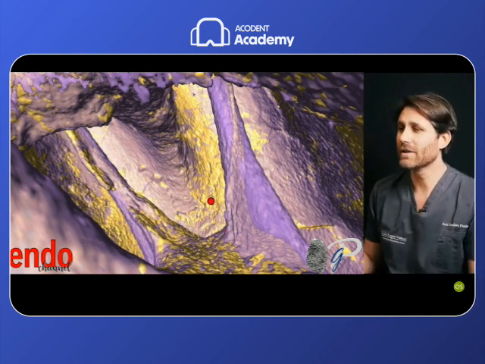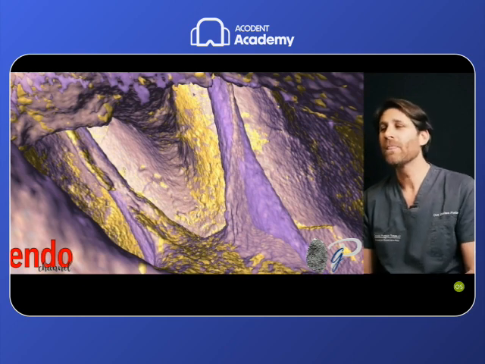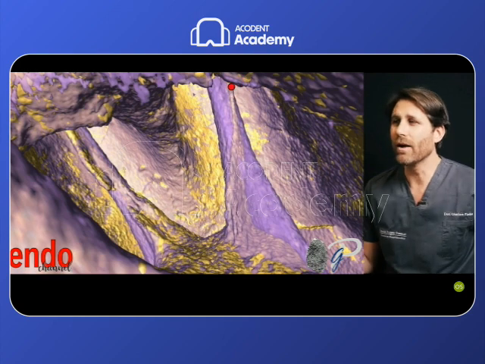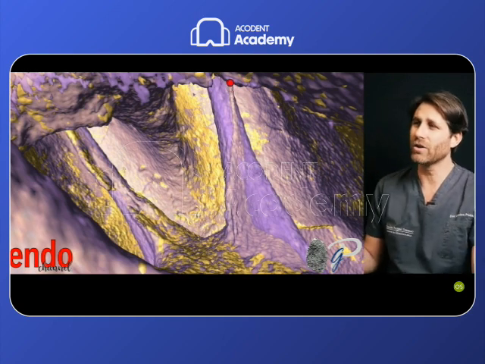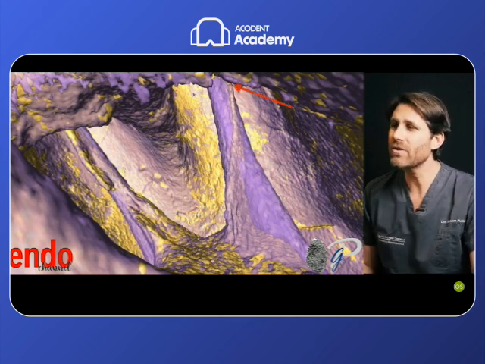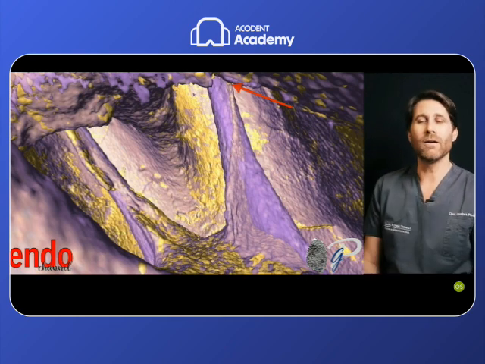file for the scouting without any pre-enlargement of this orifice, it will be very difficult for our manual file, because it's constricted in a very difficult trajectory from distal to mesial, and then it arrives at this point that is the center of the coronal curvature, in which the tip of the file will be constricted by this trajectory without any preoperative enlargement, and usually stops here.